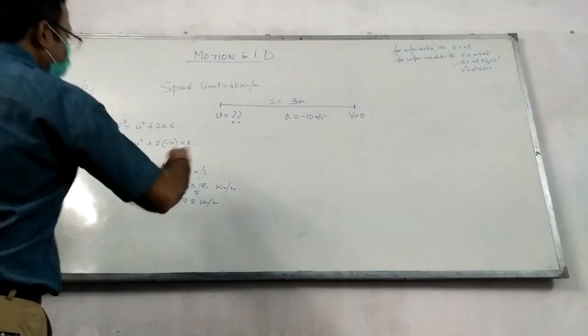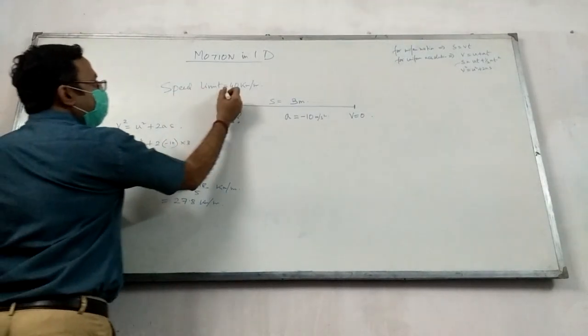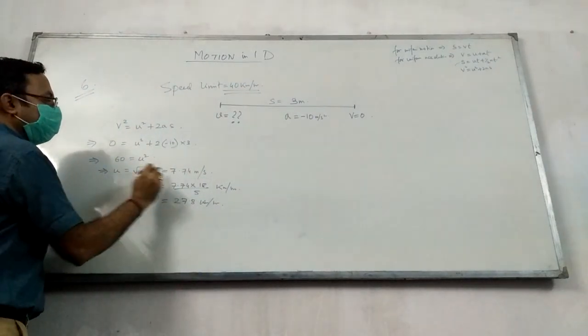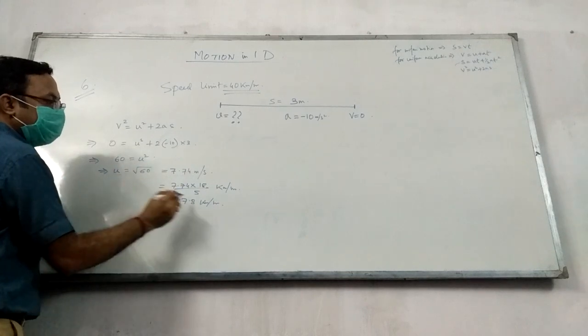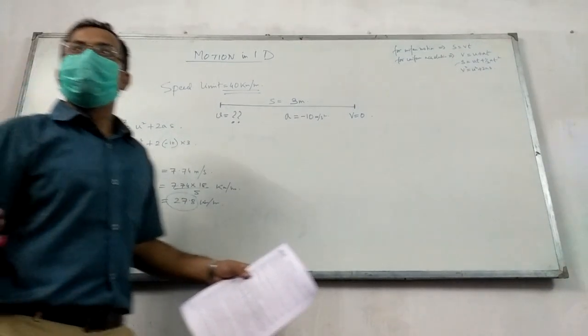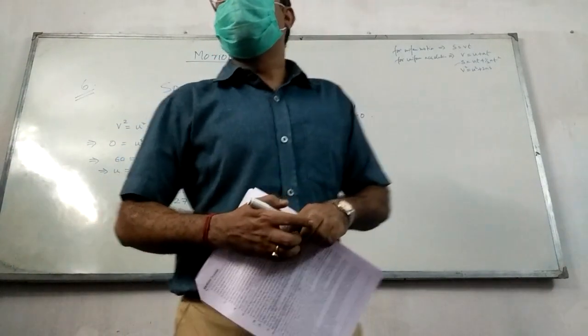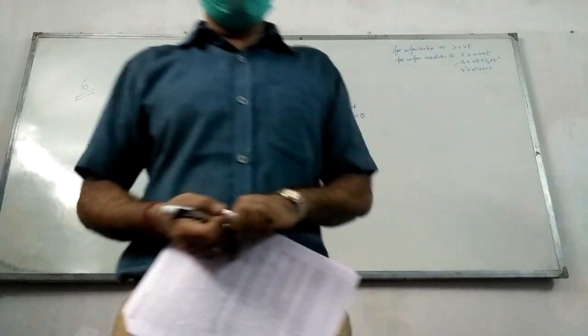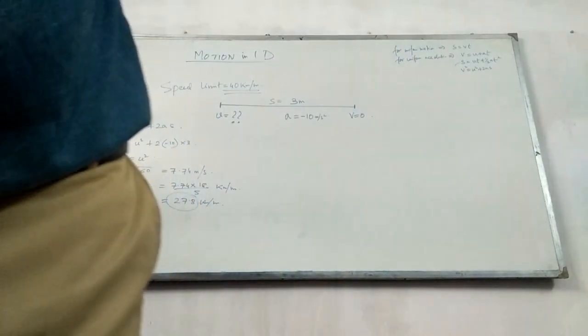Well, now what does the judge have to say? The speed limit was 40 km/h. And we calculated the initial speed to be 7.74 meters per second, which turns out to be 27.8 km/h only. So what will happen? Acquitted. No questions. So let today be the day of acquittal. Again, we will later